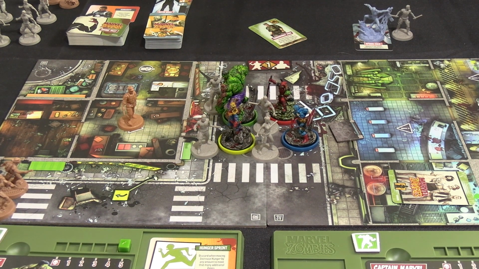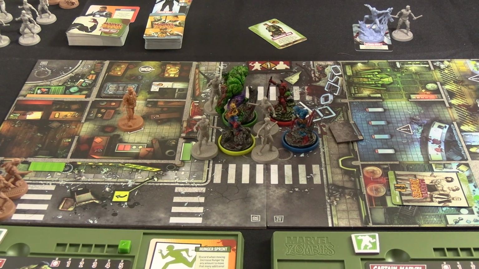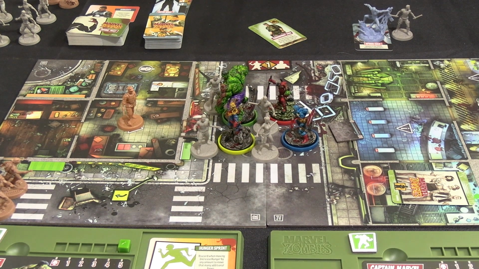Spider-Man's worth equal to his health, so that's 4, and the trooper's worth 1. So let me just move her XP bar up, because otherwise I'll forget if I don't do it right now. Which is both good and bad, because more enemies spawn as you get stronger. So for her next action,